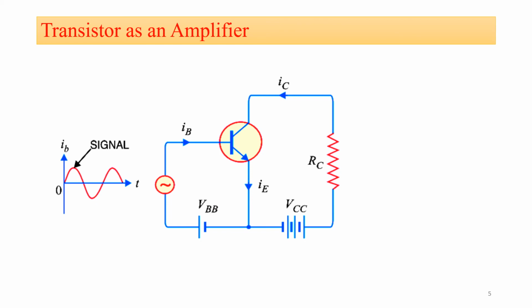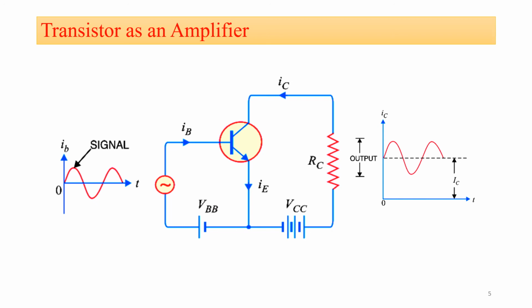And similarly for negative half cycle, the forward bias across the emitter base junction will decrease. As the forward bias decreases, the collector current will also decrease, and this will make the output voltage across the collector resistance also decrease, and this is how we obtain our amplified signal. And the last waveform indicates the output signal which is amplified by using your common emitter configuration or by using your active region.